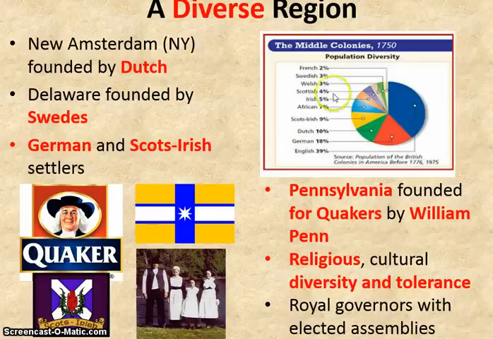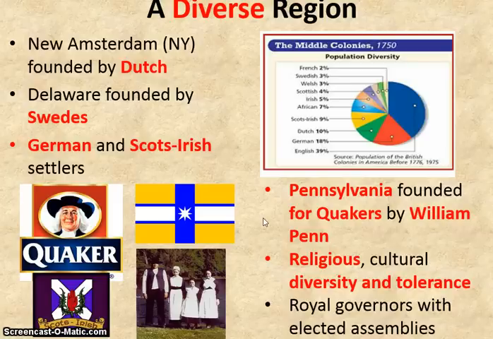So if we look at this pie graph in 1750, we see that while the largest group, that's in blue, were still Englishmen, over half of the population of the middle colonies were made up of groups other than English. Pennsylvania was a colony founded for the Quakers, which was a religious minority, much as the Puritans and Pilgrims had been,